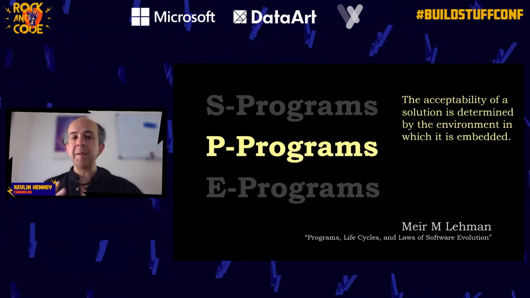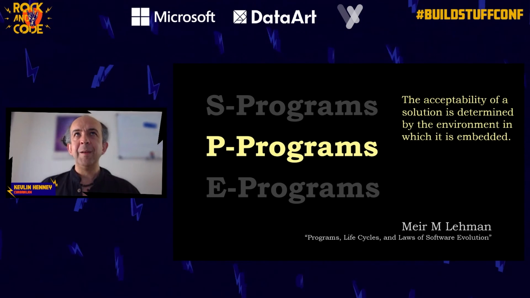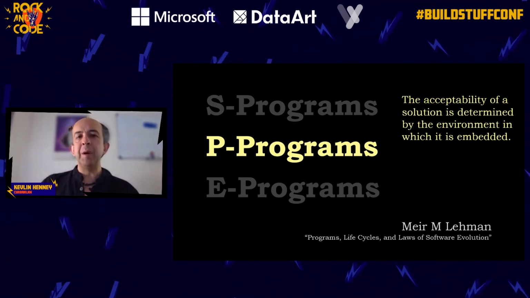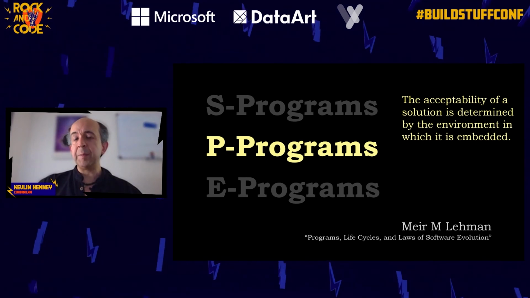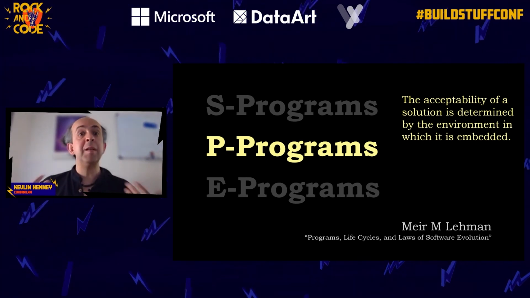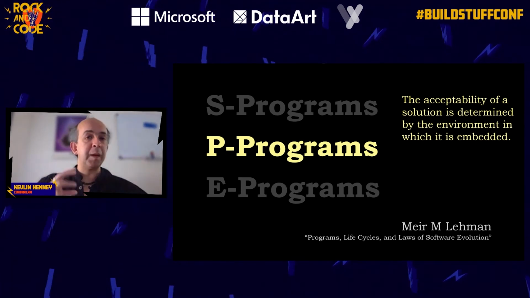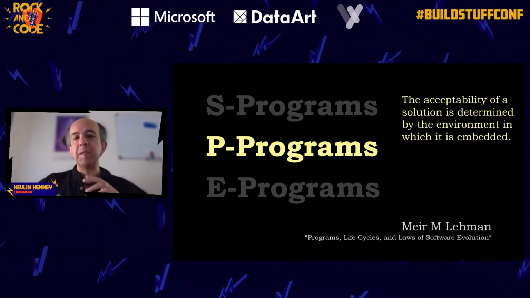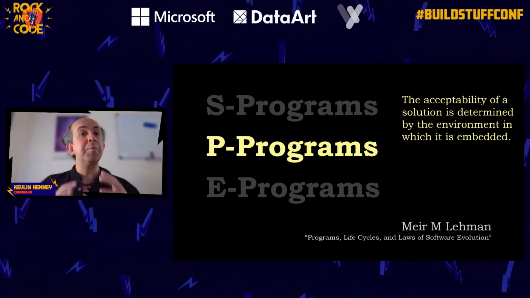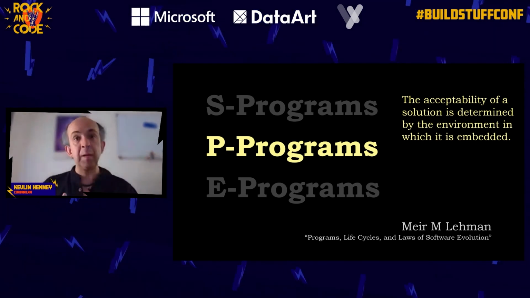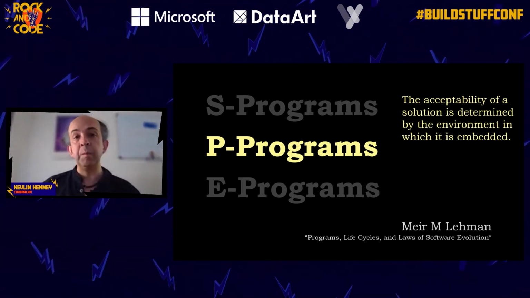P programs are a little more negotiable. This is where some of our AI stuff fits in. We actually have to work out what we mean by correct. And so if you have developers developing the code and determining the criteria of correctness, what is suitable, then we have two aspects that are slightly slippery with respect to one another. We need to be much more cautious about this. You cannot demonstrate the appropriateness of that system from within that context. You need a market, you need customers, you need external points of view.